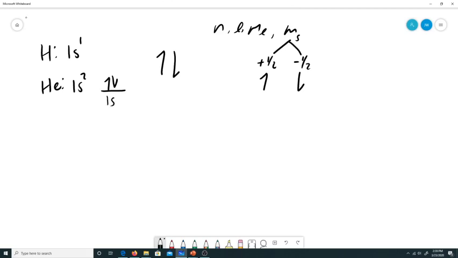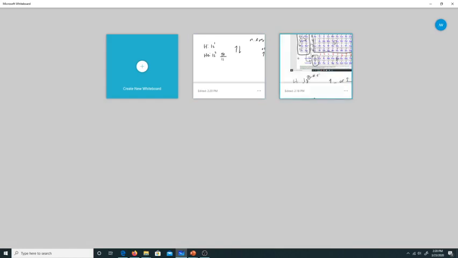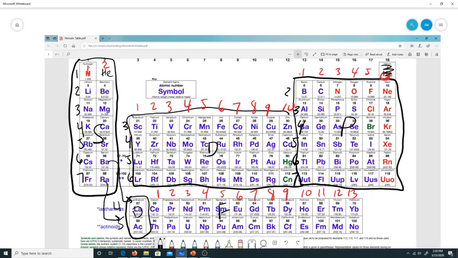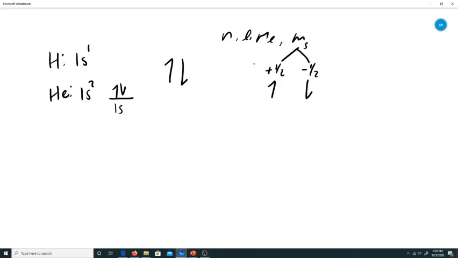Now the next element in the periodic table is lithium. Lithium has 3 electrons total. The first 2 electrons have to fill the first atomic orbital, that's the 1s orbital. Once you fill that one up, you loop down here. Now it says 2s, first column. That tells us where the third electron has to go. So Li, lithium,